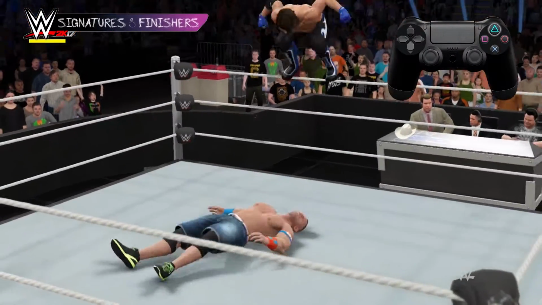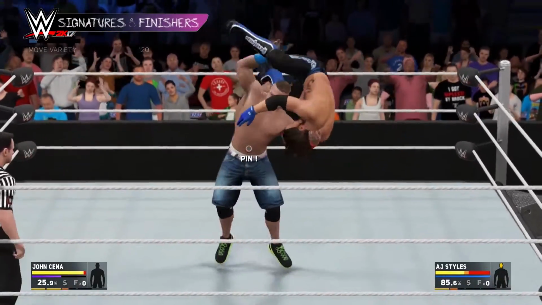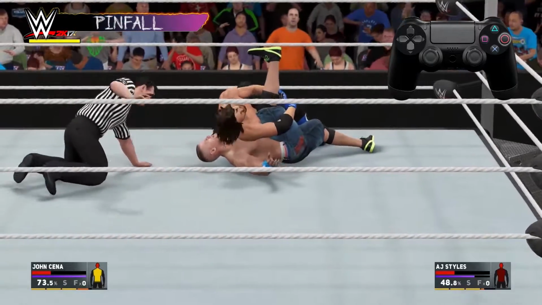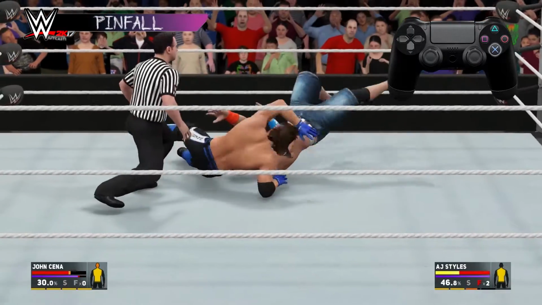These moves are very powerful. They make it much easier to pin or submit your opponent. Once you've pulled off a finisher, it's the perfect time to try and pin your opponent. When your opponent's in a grounded state, press circle to go for the pin. If you're on the receiving end of a pin, press X to stop the meter in the target zone to